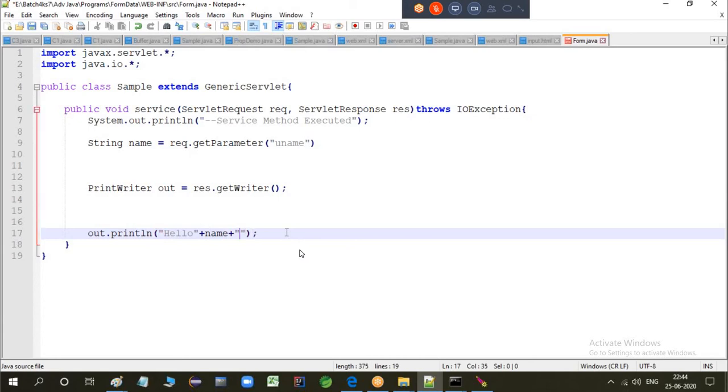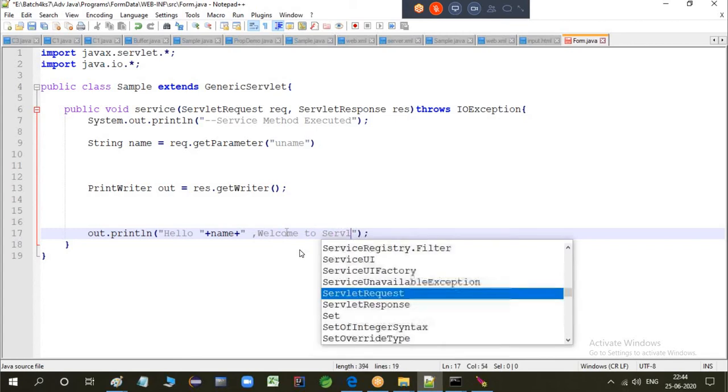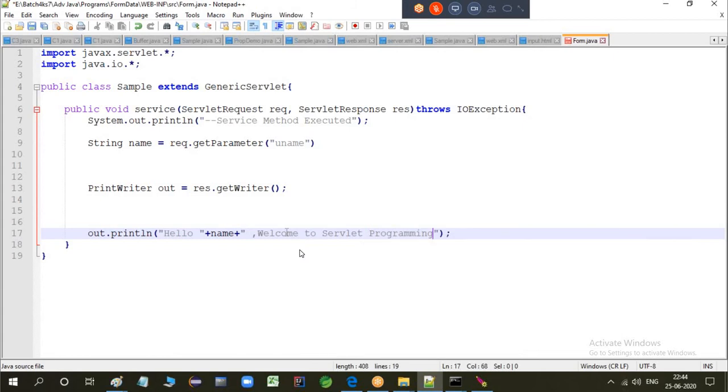Hello, string concatenate name. Welcome to servlet program. Getting the point? What I'm doing here.